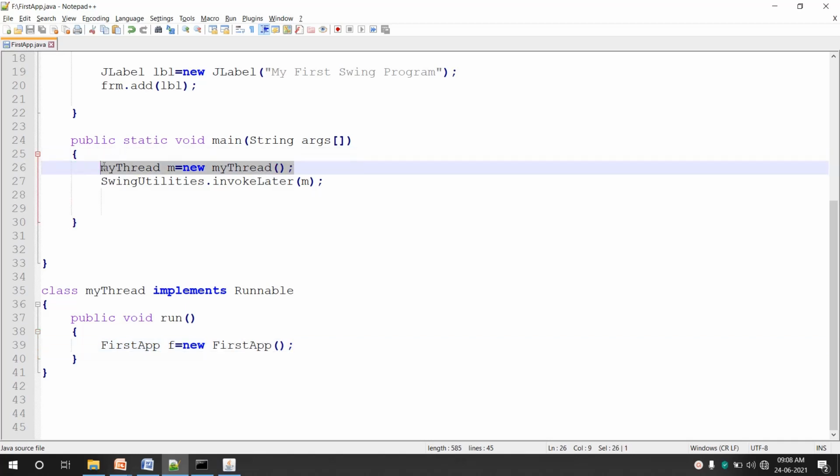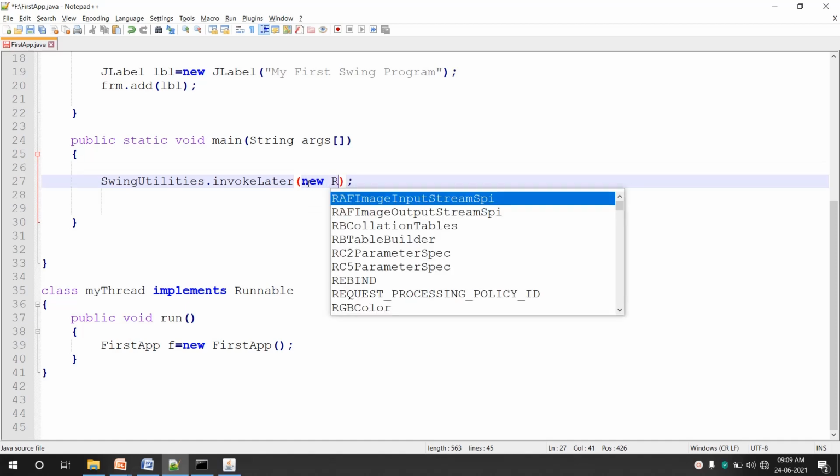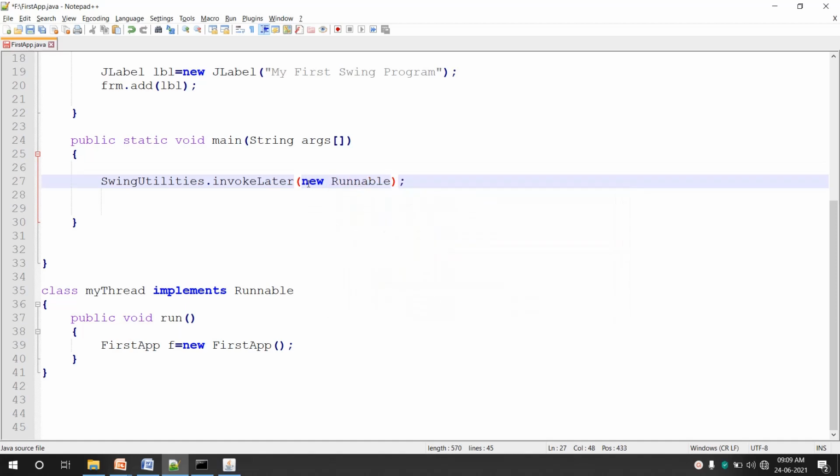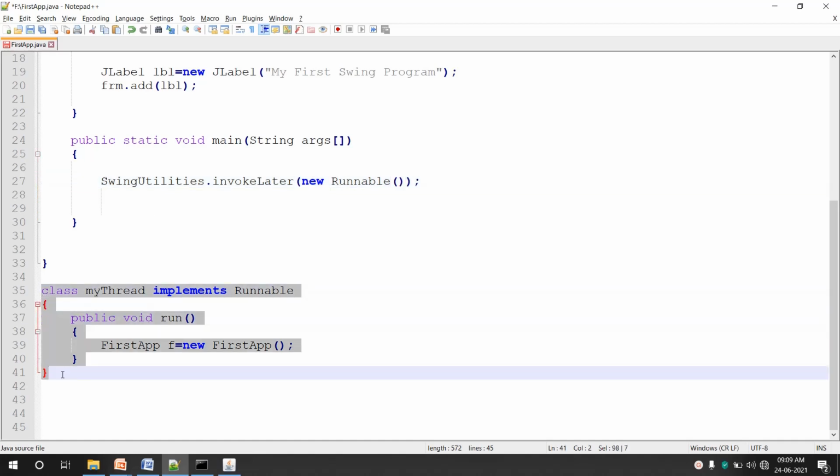The better thing is to create the GUI directly by using an anonymous inner class like new Runnable, so that you can avoid these many lines of code. No need for these many lines of code here.